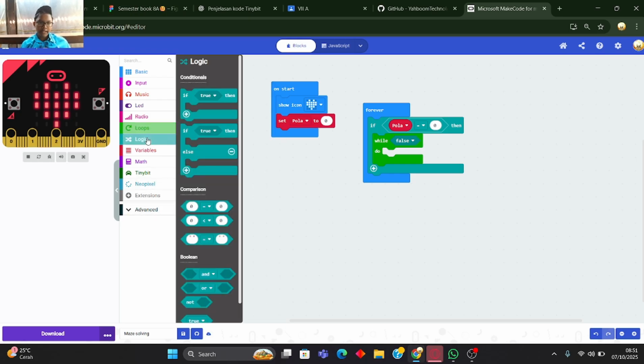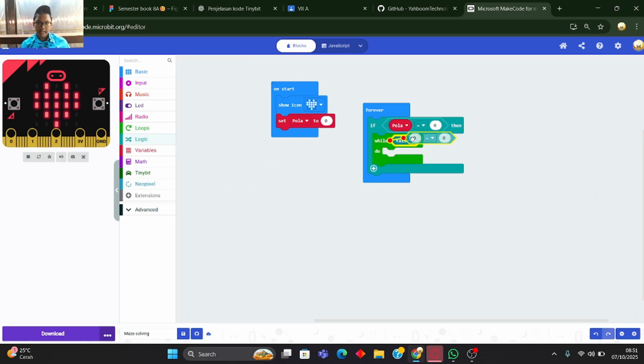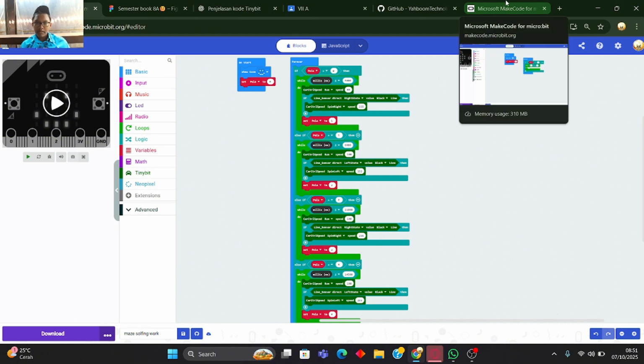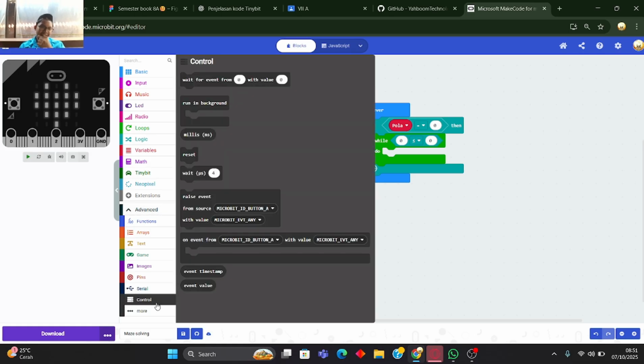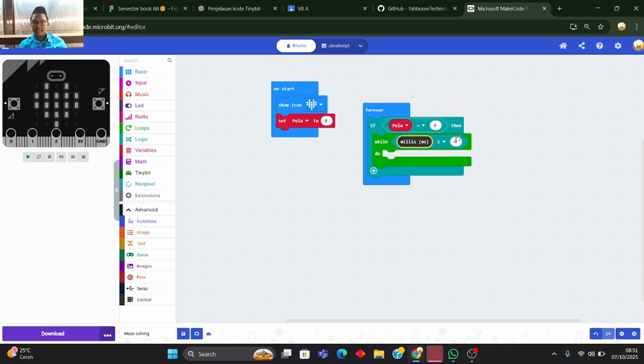Then we can go to logic again, comparison, take this and put it in false, and there is smaller than. We can go to advanced, and there's a control. There's millis, take millis. For the first one it is 5000.